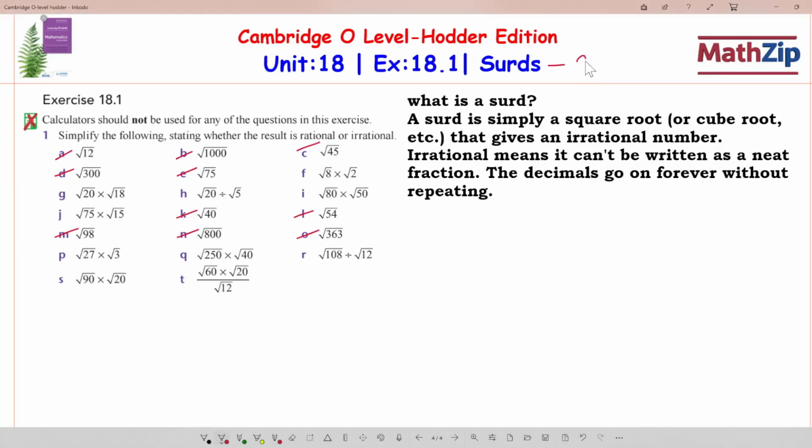This is the second part. In the first part we completed single surds. In this video I'm going to start multiplication and division of surds. So let's start. Our first question, we will start from 1f,